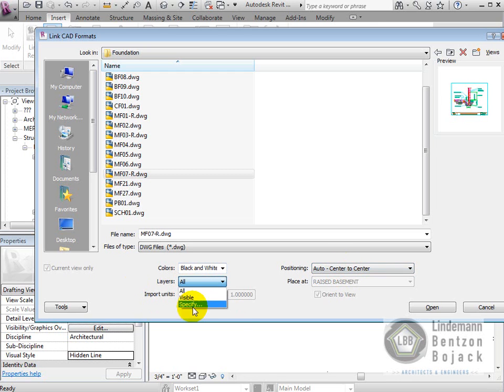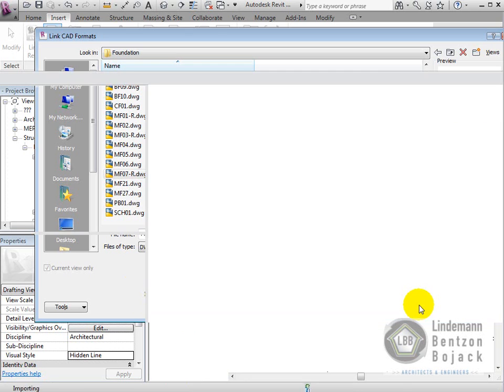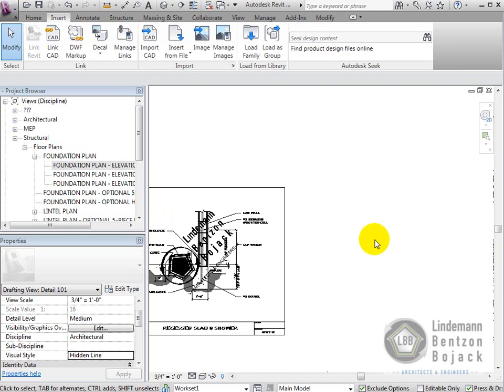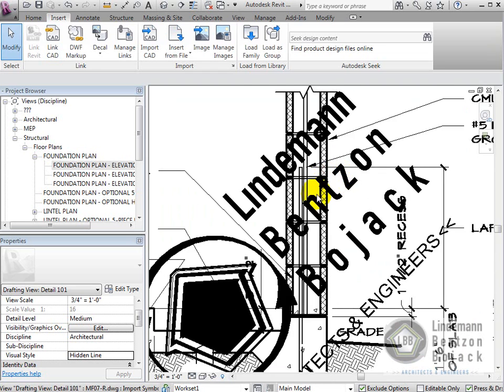Now if there were some layers that I didn't want to import, I can specify that and only bring in the layers that I want. But I'm just going to go with the default and say all layers and have it detect what the units are going to be. So now I pick open. It's telling me a link already exists. Do you want to reload it and continue? I'll just say yes. So now when I do my zoom all, I can see that it brought in that